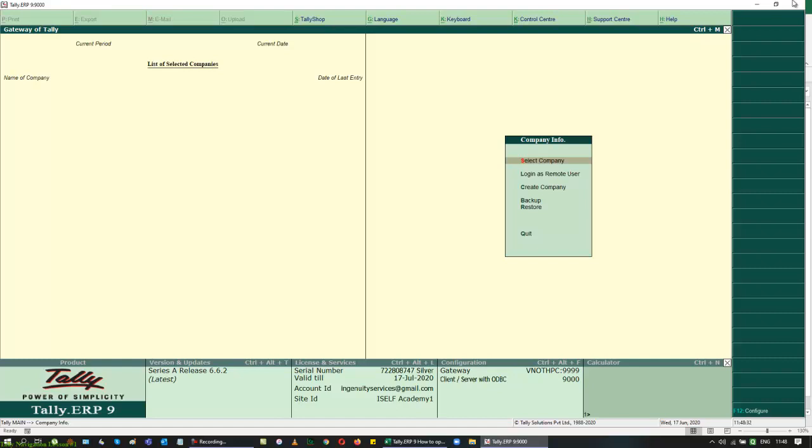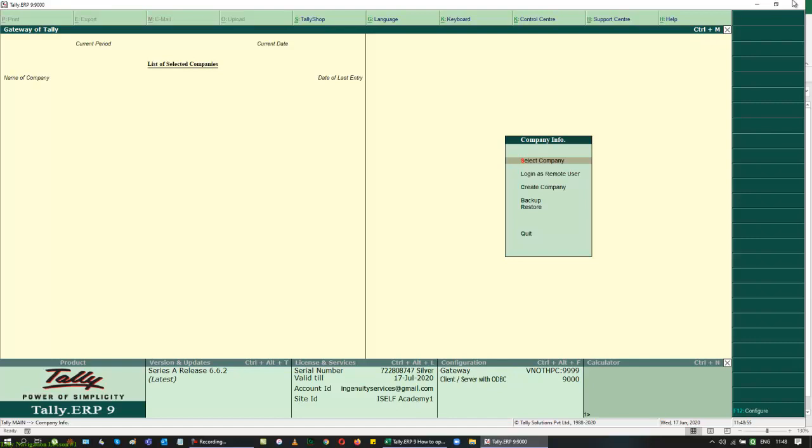So now I'll teach you how to create a company. To create a company, I can either use an arrow mark to navigate to the respective menu, or I can use the first screen. If you closely watch, the first letter of every menu is bold and colored a little differently. I can use that as a keyboard shortcut. So we call these hotkeys if it is inside the menu.